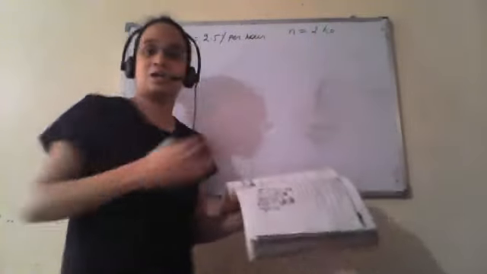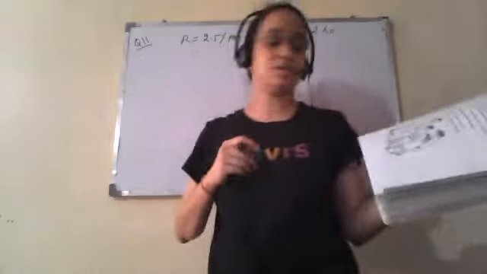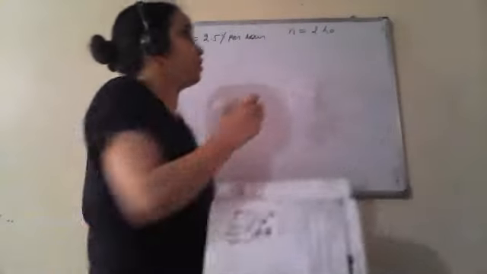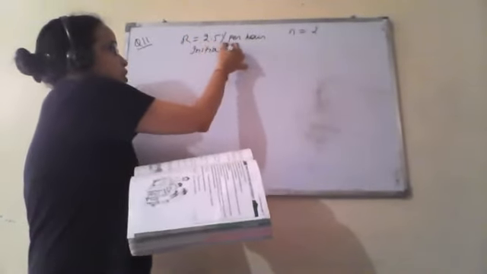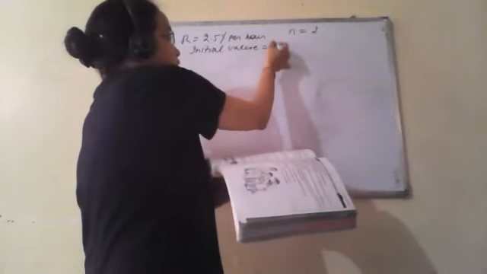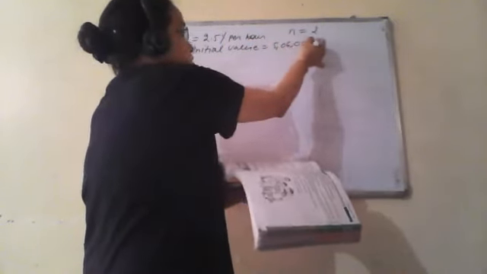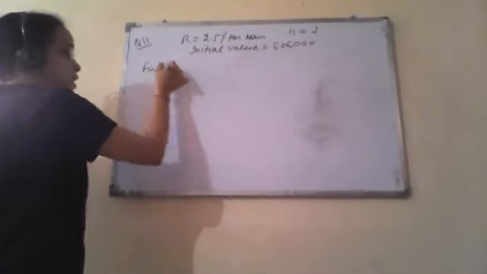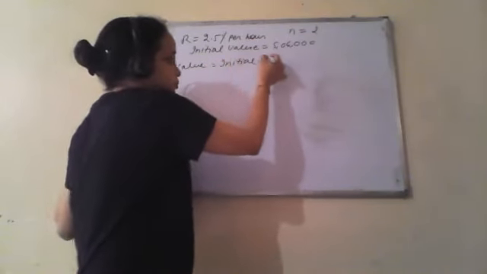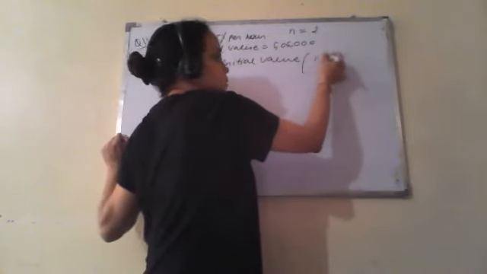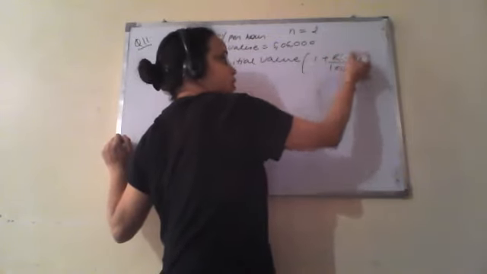Okay, so this 2 hours is the value of n. In the earlier question we were dealing with years; now it is 2 hours, so the value of n will be 2. And the initial value they have given is 5,06,000. So we put in the simple formula: the final value, that is the value at the end of 2 hours, will be the initial value into 1 plus r upon 100 to the power n.